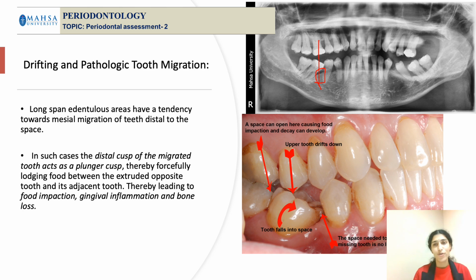So due to the lateral forces, you can also observe there is some amount of bone loss observed here, right? Angular bone loss, possibly due to some amount of trauma from occlusion. So here also there are missing teeth and there is a drifting that can be observed. There is also some amount of pathologic migration because it is a case of periodontitis. The teeth are actually flaring and moving off, and there is spacing between the teeth.